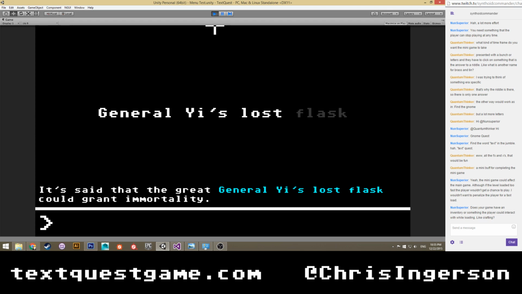So does your game have an inventory or something the player can interact with while loading? It does have an inventory system, but it's all text, and the crafting is nothing like what you would expect from modern day adventure games. There's no real merging two blocks of wood to make an axe and all that.